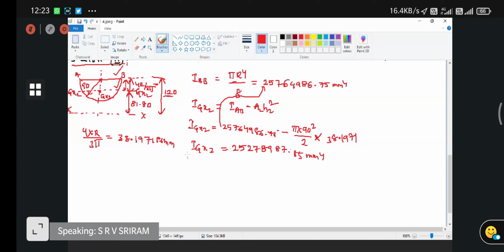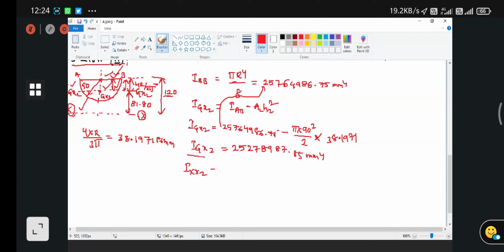Now this is not our total moment of inertia about the base axis. This is only the moment of inertia about the central axis, calculated from the base axis with the distance between these two parallel axes. Now I want the moment of inertia about the base axis, so Ixx2 for the second section. My parallel axes are these two, Gx2 and this Xx. Then go for applying the parallel axis theorem.